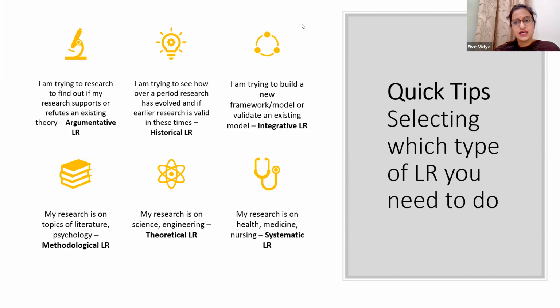For chemistry, again, it depends on what type of topic you have. Depending upon the topic, you can have a combination of literature review. In chemistry, we need to check for the topic.